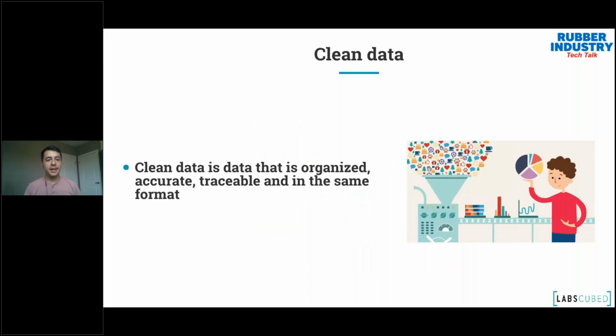So clean data. Clean data is organized, it's traceable, in the same format, hopefully in a cloud-based system, so you can do stuff with it in the future. And I think that's a really important part of it as well. For example, if you're looking at an Excel sheet and numbers are randomly placed all over it, there are no headers and no information connecting anything, you wouldn't be able to make sense of it, and neither would a computer. That's the simplest way to think about clean data. That's why when you automate your production and manufacturing in labs, you're collecting really good, clean data that you can then use in the future to create really smart plants and labs.